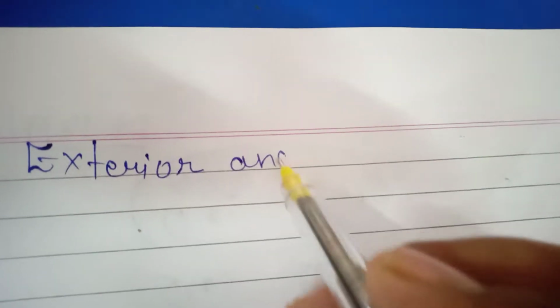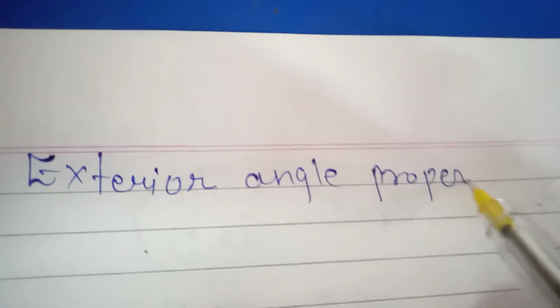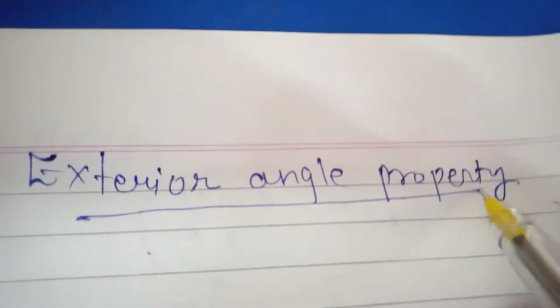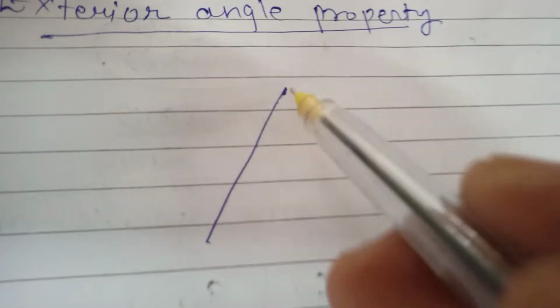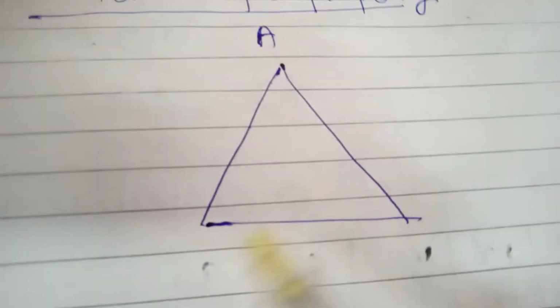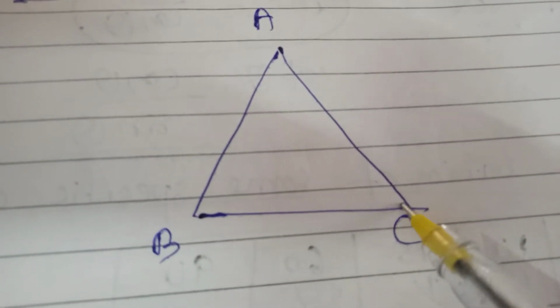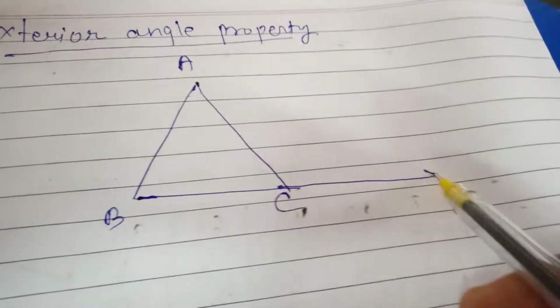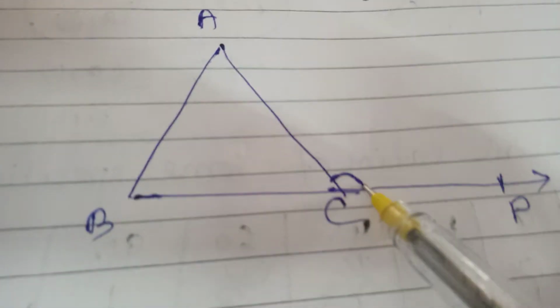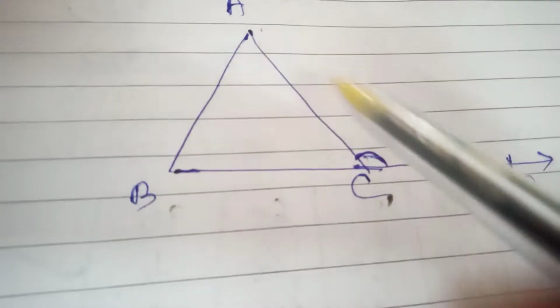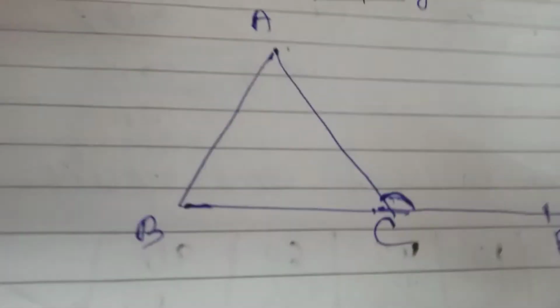The next one is the exterior angle property. A lot of properties are here. Exterior angle property. Now, what is the exterior angle property? That is, suppose a triangle is given, A, B, C, and I have just stretched BC in the direction having a point P here. So you will find that ACP is the angle formed here. We can see clearly angle ACP. So what is the relation of ACP along with this triangle?